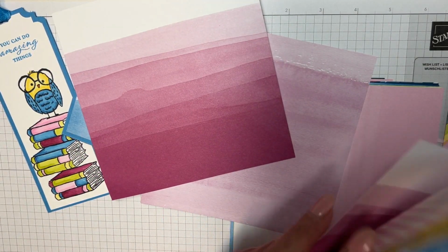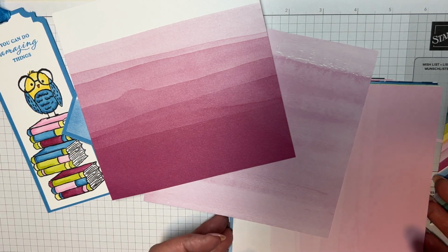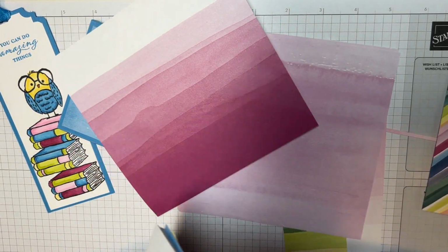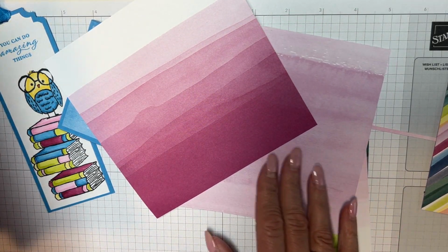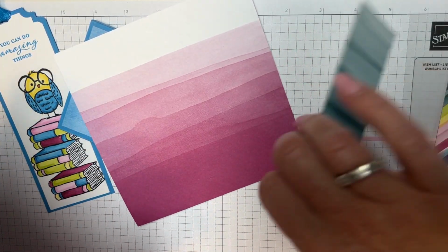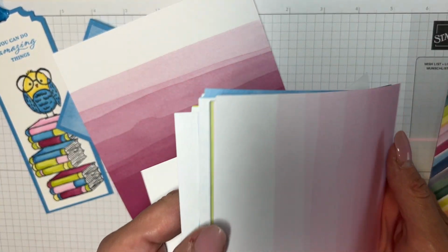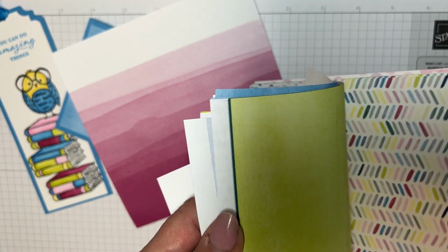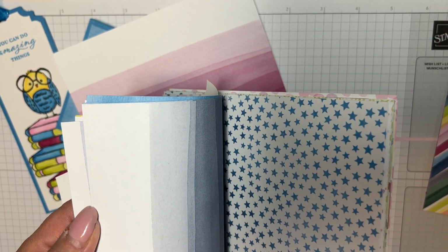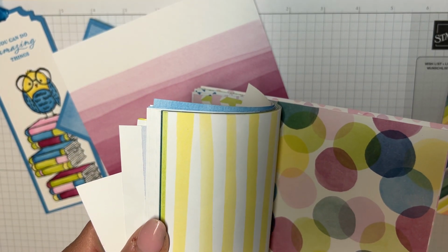But I'll go through a couple more. Ooh, you know, that one. I'm not a yellow person, but I know there are yellow people out there. So I have to not let my own judgments get in the way because I tend to do that. And I love pretty peacocks. So I could definitely use that one, and see, the other side of these are gorgeous as well. There's just so many beautiful things you can do. So, no,